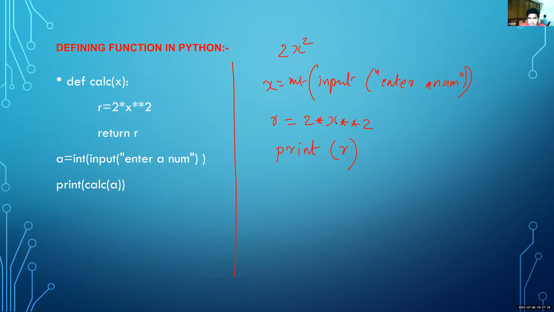I will explain this program. After that, you can write. The program finds out the value of 2x square.